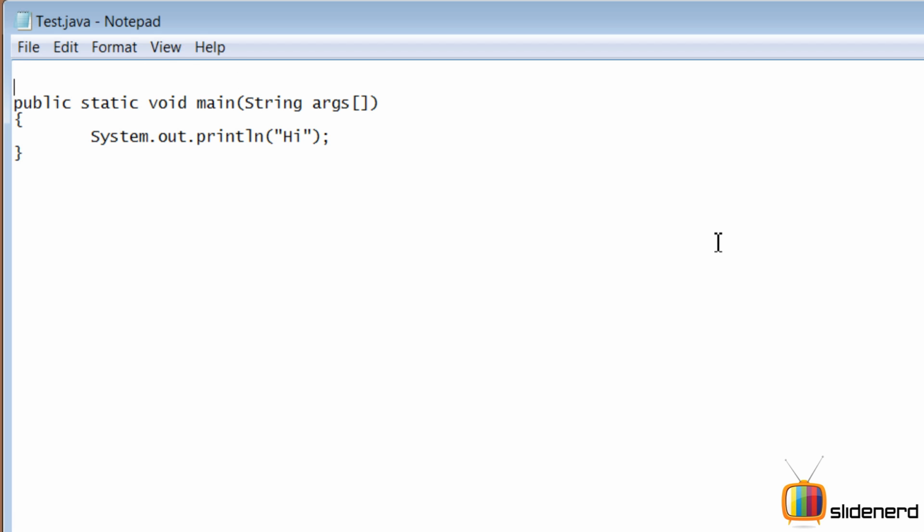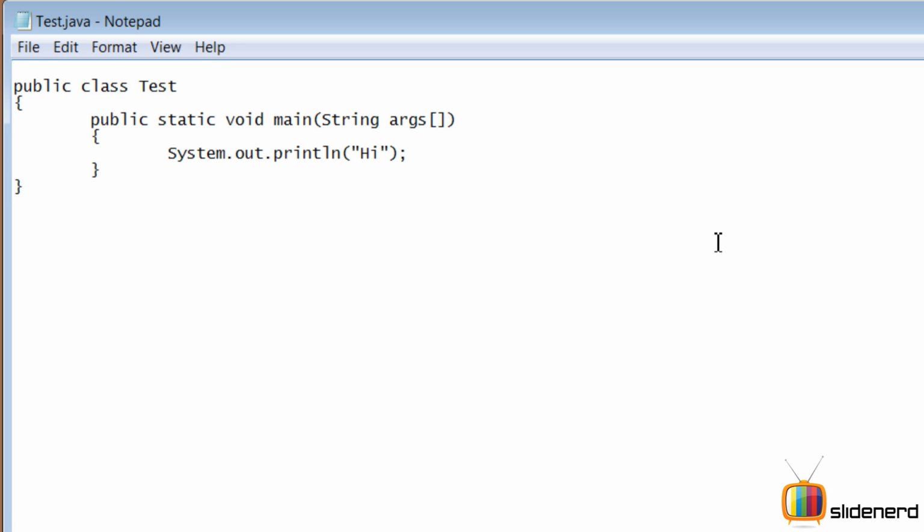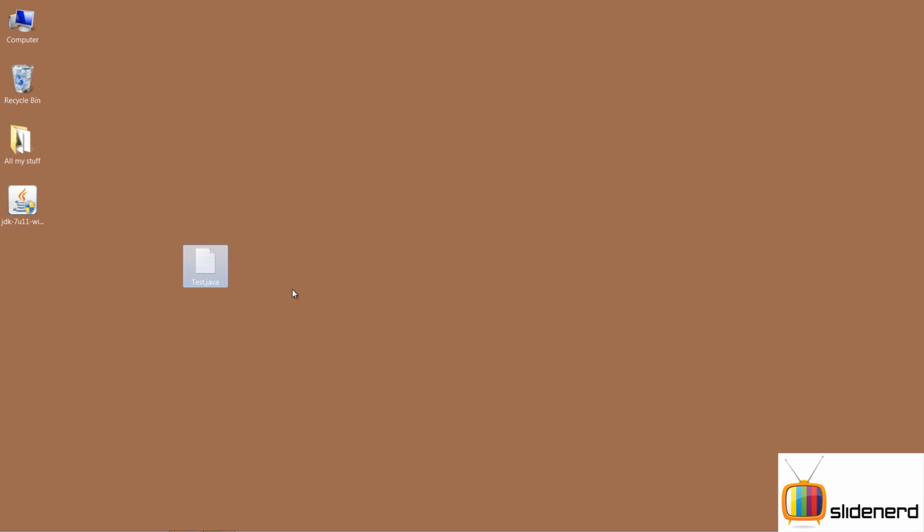That's the code. I'm gonna make a class over here. Alright, that's all. We are done with this. Press Ctrl S and save it. And now we are gonna take this file. The problem is this. Right now it's on the desktop. You can't run it from here because there is something called path that needs to be set yet. I'll show you exactly in the future videos how that is done, but right now we need to take this right into some folder which I'm gonna specify right now.